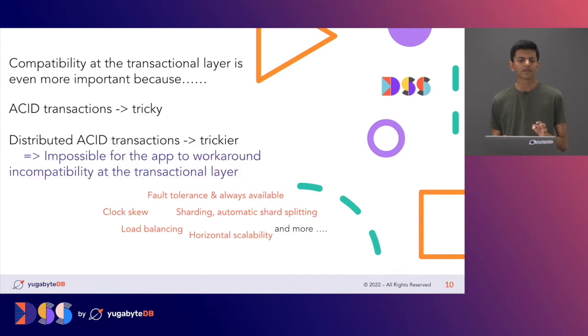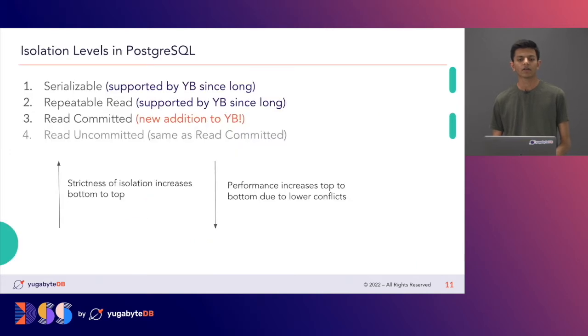And given this, there is no way at all an app can change logic to work around this incompatibility in the transactional layer, right? So it's more important to be compatible at the transactional layer is what I mean to say. Now given this, I'll move on to first talk about the new isolation level that we have added,